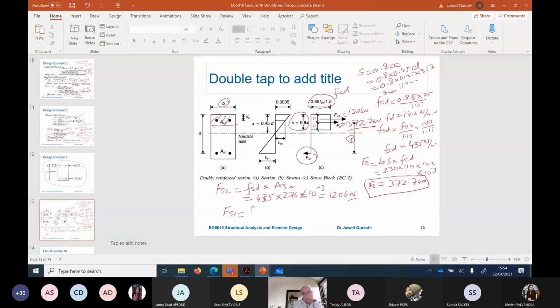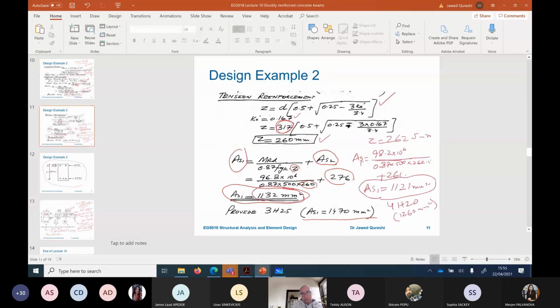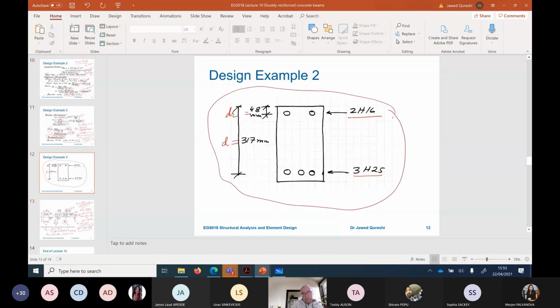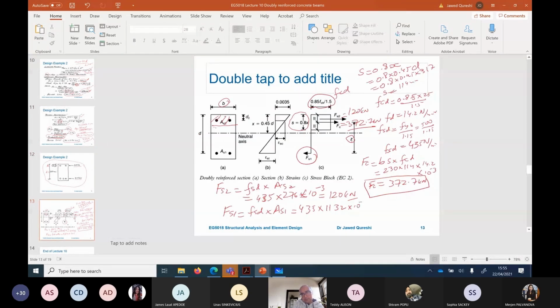FS1 is equal to FSD into AS1. AS1 is this one, 1132. So 435 into 1132. Was it 32? 32, yes. Multiplied with 10 raised to minus 3. So this will give you 435 times 1132, which is 492.4. This is 492.4. Now 120 plus